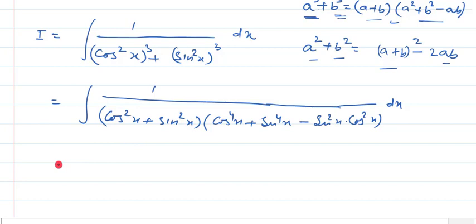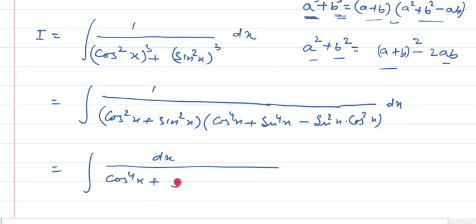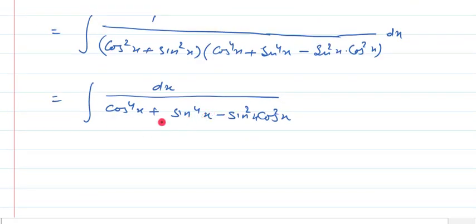Now you know very well that sin square x plus cos square x is 1. So the denominator that we are left with is dx upon cos power 4x plus sin power 4x minus sin square x into cos square x. Now you should know that when we are having this type of terms in integration, like cos power 4x or cos square x with the pairing of sin,